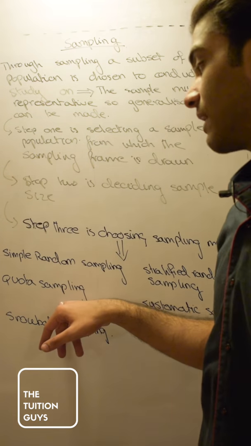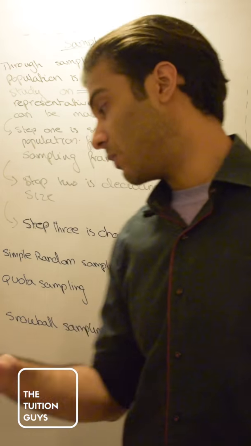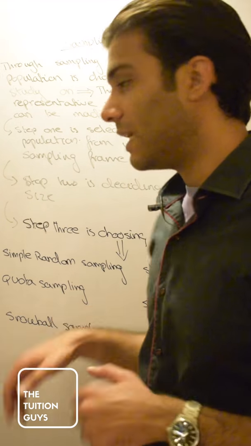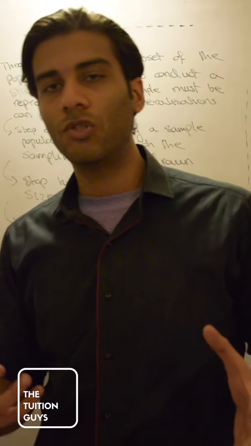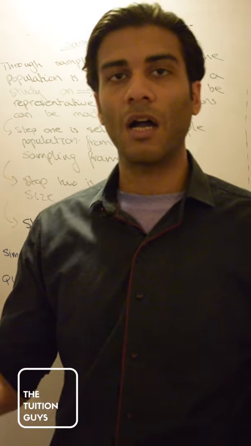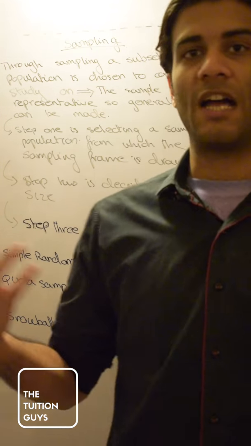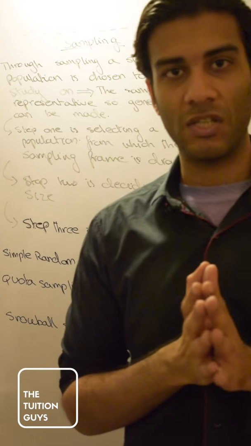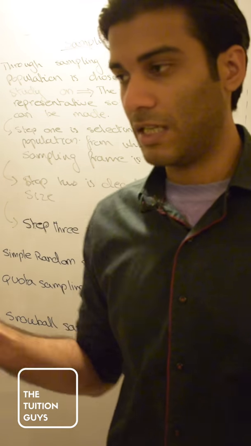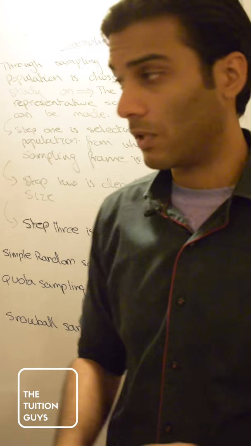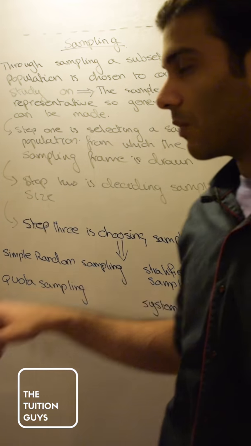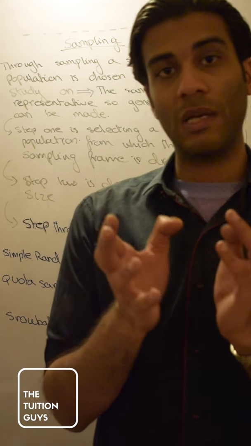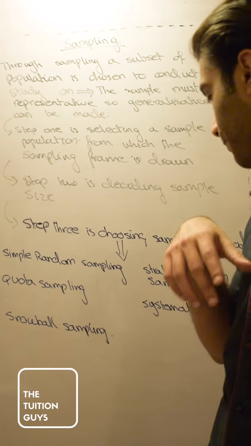Then we have quota sampling. Quota sampling is basically, we all know what quotas are. You have to meet a particular number, and that's what quota sampling is. Your research might require you to only do research on, let's say, 100 Pakistani doctors who have graduated in the last 3 years. So your quota, or the number of people you need to do your study on, is just 300 doctors. It could even be 200 doctors, it could be even 10 people. So in this, unlike simple random sampling where you're picking people at random, you have your defined characteristics, but you're also limited to a particular number of people.